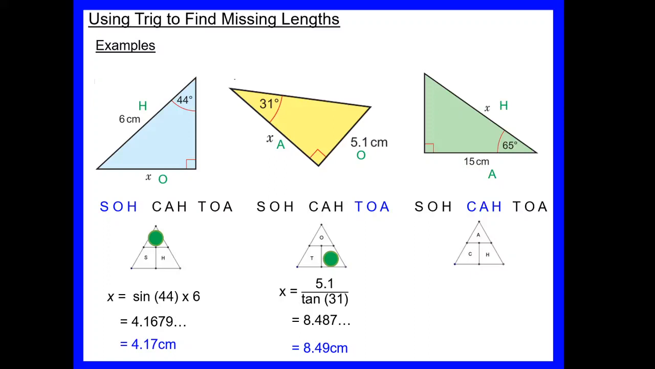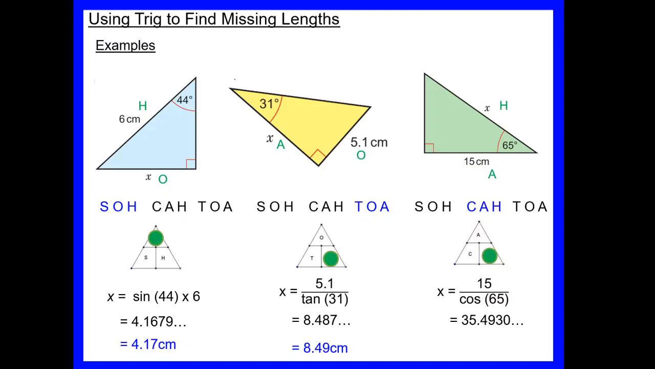Now we'd like to find H, so if we cover up H, we're left with A over C. A being the adjacent is 15, over C, which is the cosine of the angle, so cos 65. Put that in our calculator. We get